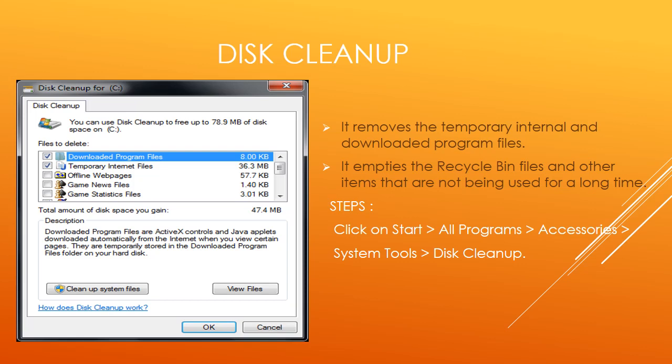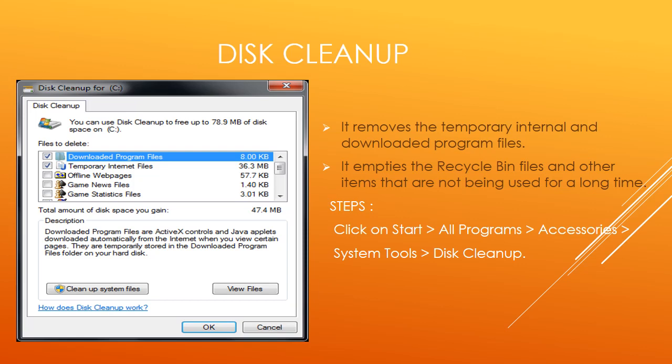It also removes the files that are stored in the recycle bin and other items that have not been used for a very long time. If you want to remove the number of unnecessary files from your hard disk, to free up the space of your disk and to help your computer run faster, we can use disk cleanup.